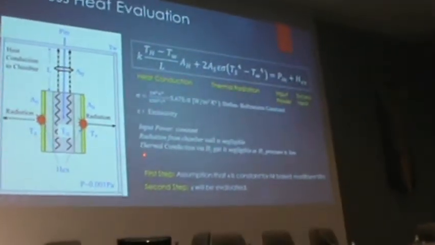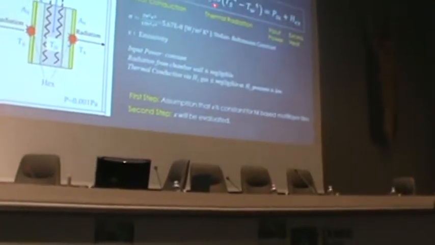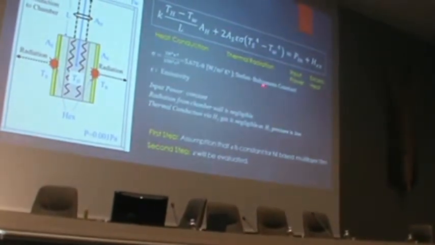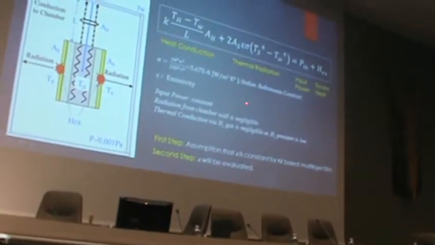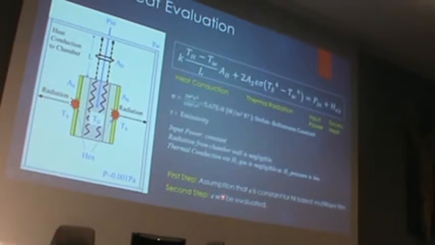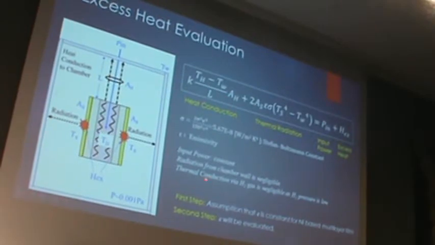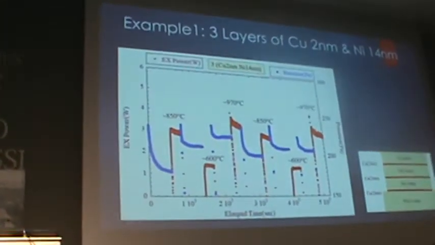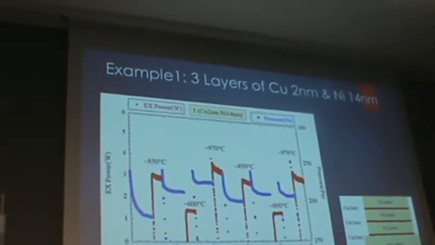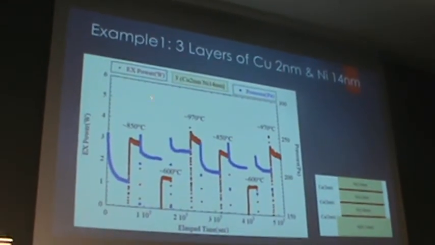And as a first step, we assume that the emissivity for the thermal radiation is the same for the nickel bulk and the nickel-based multilayer sample. In the second step, we will estimate emissivity with the radiation thermometer detector. Okay, so I will show you 4 examples of excess heat generation. This one is the first one. In this case, we use